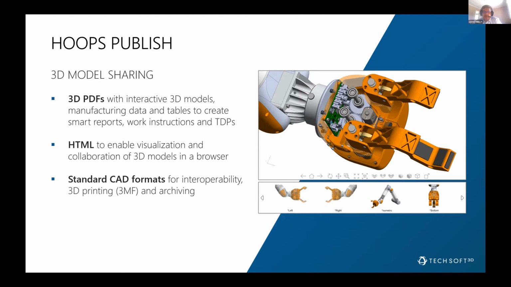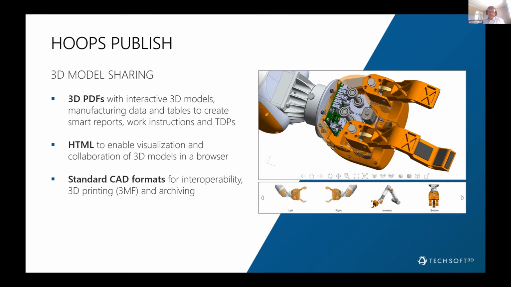Publish allows you to define interactivity between the 3D scene and the 2D objects within the document. This is really where the value is. For example, interactivity means that when you have a table and a 3D part aside, selecting something in the table, like a PMI, will highlight the PMI in the 3D and also highlight the faces from the part that are referenced by this PMI.